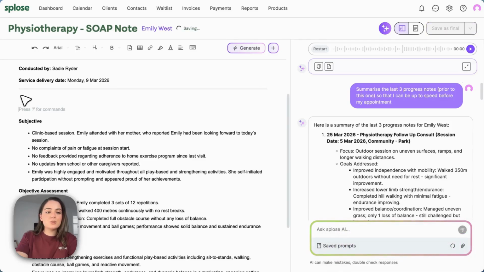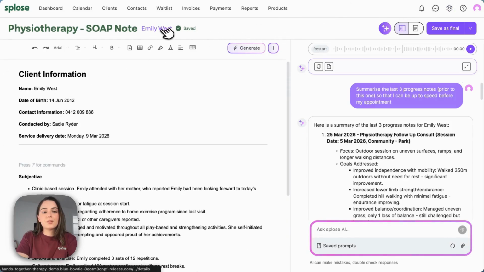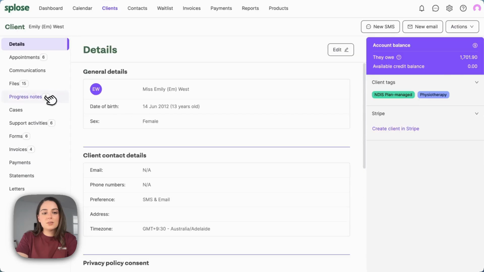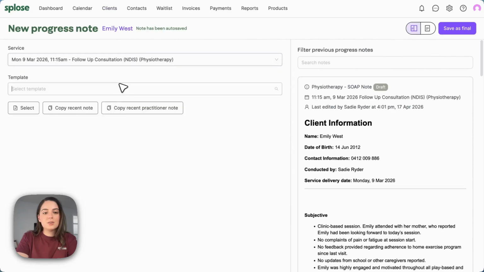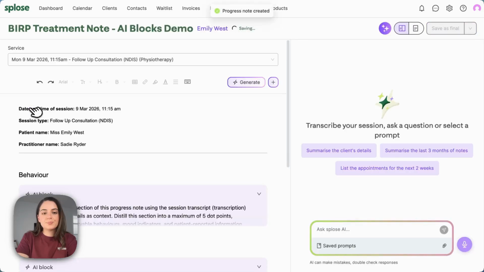I'm going to... should I add it here? No, I think what I'm going to do is I'm going to add a new note with this template. All right, so